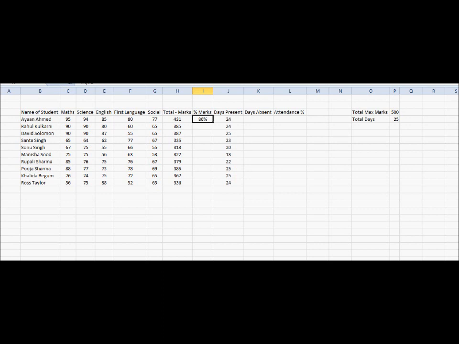Just do the same thing again here, drag it down, and now you see there is some difference. What could be the reason? To see whether the formula is pointing to the right cells, highlight a particular cell and hit the F2 button on your keyboard. You will see which cells it has taken. Now when you go down, it has not taken the denominator as 500, but as 25. So the best practice, if you want to make it a constant, is to highlight this particular item, and give the individual formula.